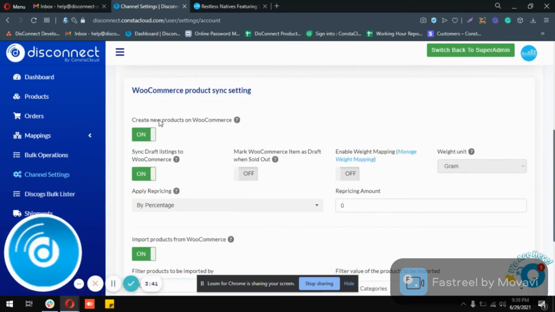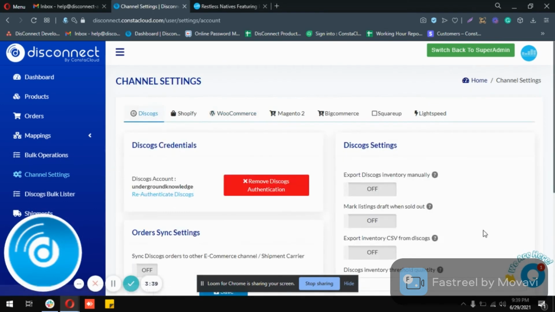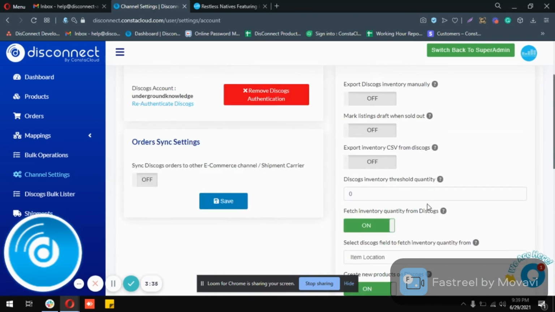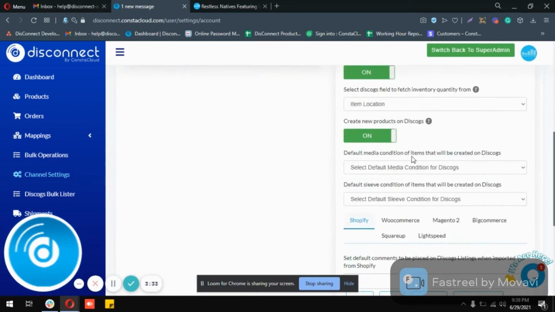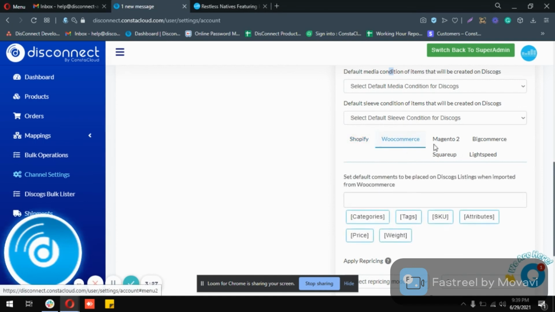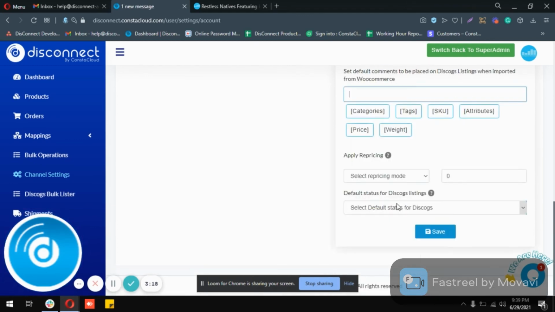Now go to the Discogs settings and turn on the create new button present here in the Discogs settings. You have to select a default media condition, a sleeve condition, and comments if you want to add. Just click on WooCommerce and you can use the given shortcodes for adding your comments.